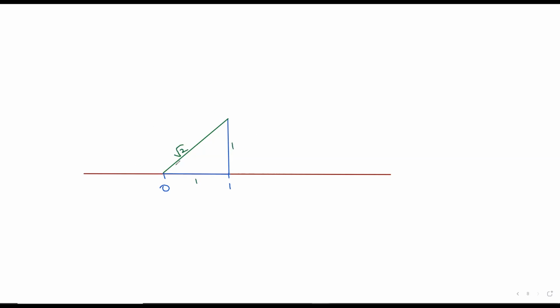Now, if we want to make another triangle, at this point, which I think was point C, we can draw another line segment which is 1 unit long. The length of this should be 1 unit. And we have a triangle over here. We can just connect these 2 points. So I'm just going to connect these 2 points. Just give me a sec.